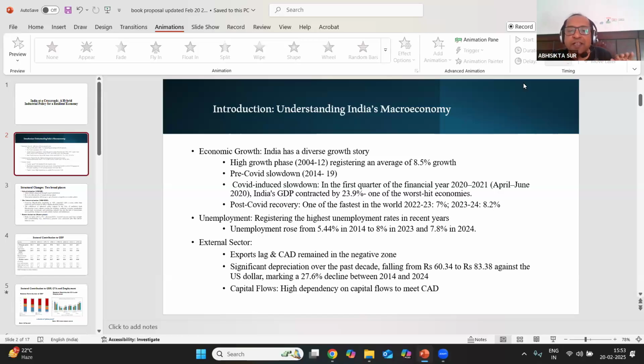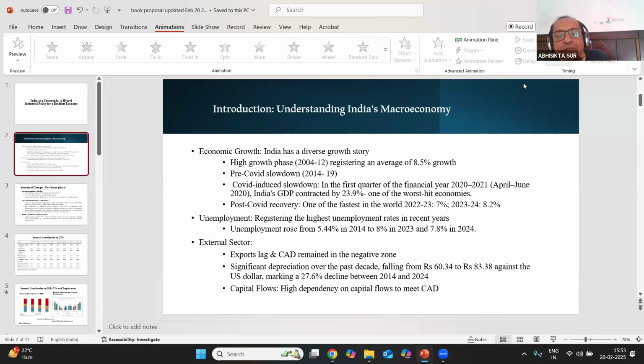Ultimately, India received a high growth phase during 2004 to 12. This was the most significant period in which India registered a high growth phase, registering growth of about 8.5%. But in the subsequent period, 2014 to 19, in the pre-COVID period, India had a major